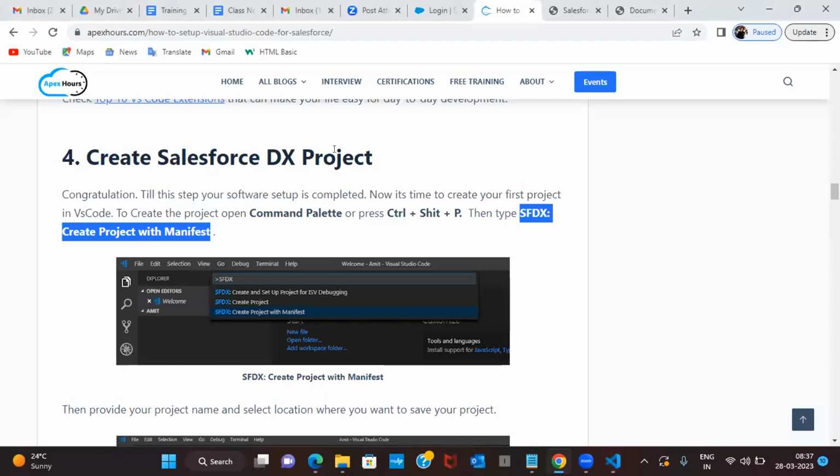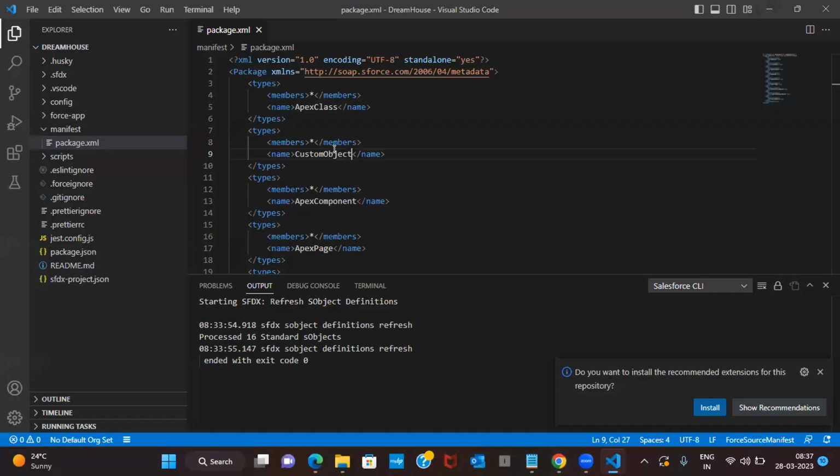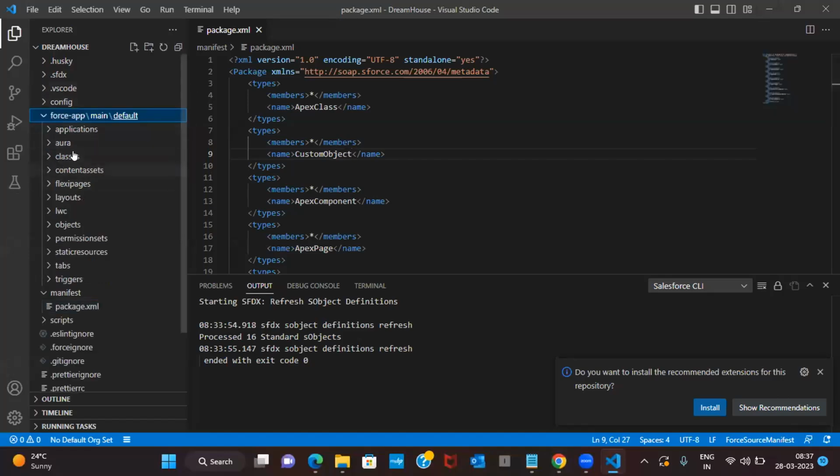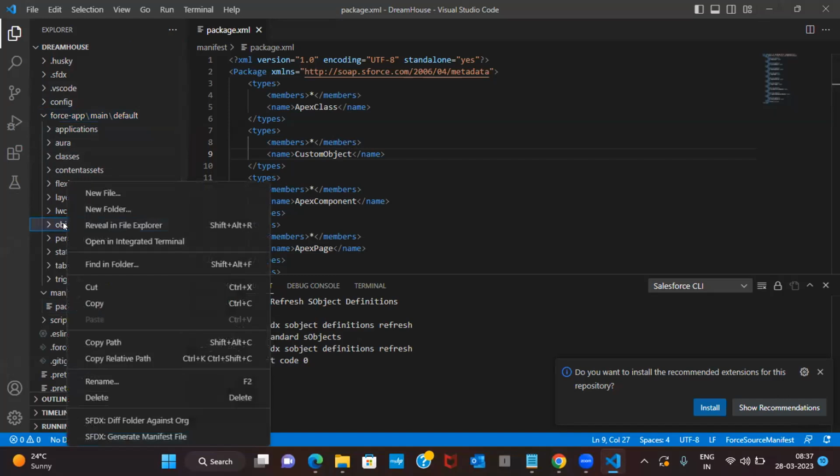Okay, as part of the fourth step, you just created a sample project. So a project is nothing but a skeleton having one package.xml and different component files and folders, right? So now your project is ready, and for your project, you can create something. Okay, for example, if I go to the objects, right click,